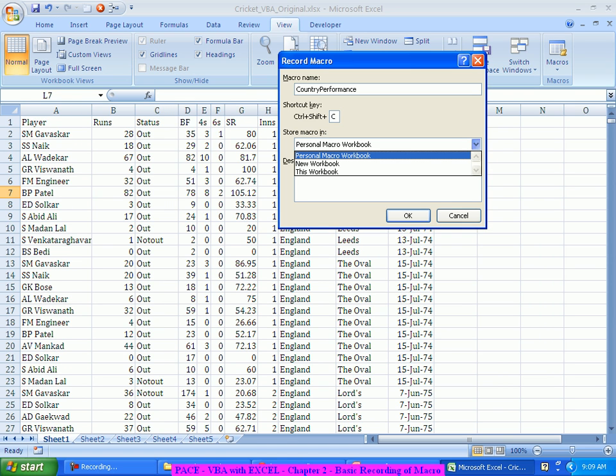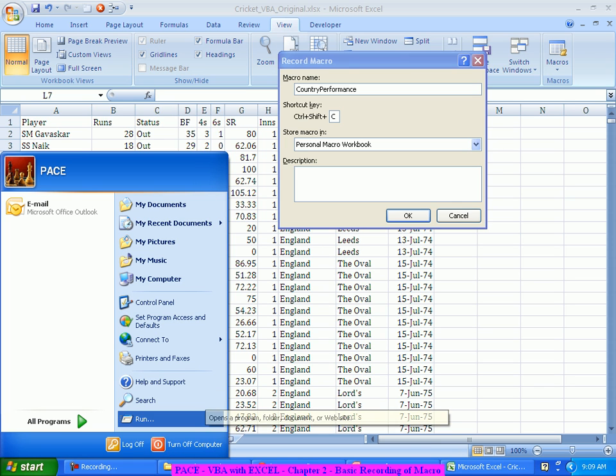Which means when Excel opens up, internally another Excel file called Personal Macro opens in the background. You will not be able to see that Excel file. Of course, we have a mechanism to see it, but it opens in the background. So if you are simply clicking Excel, when an Excel sheet is open,